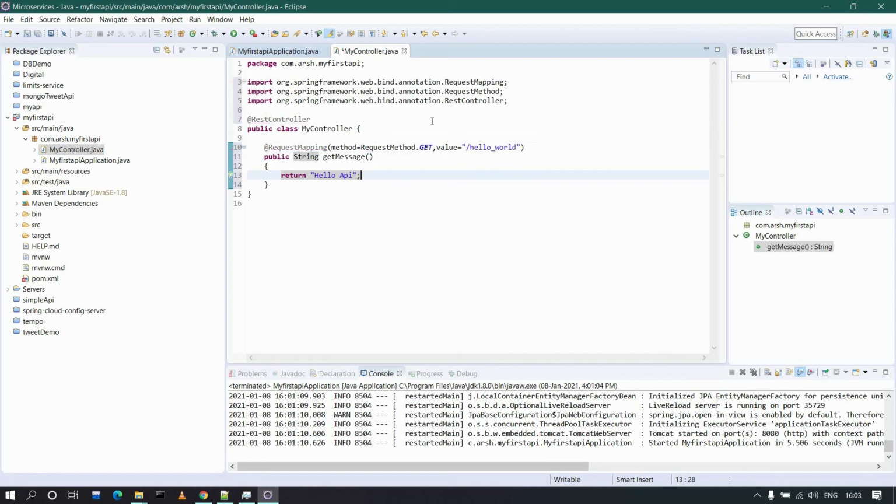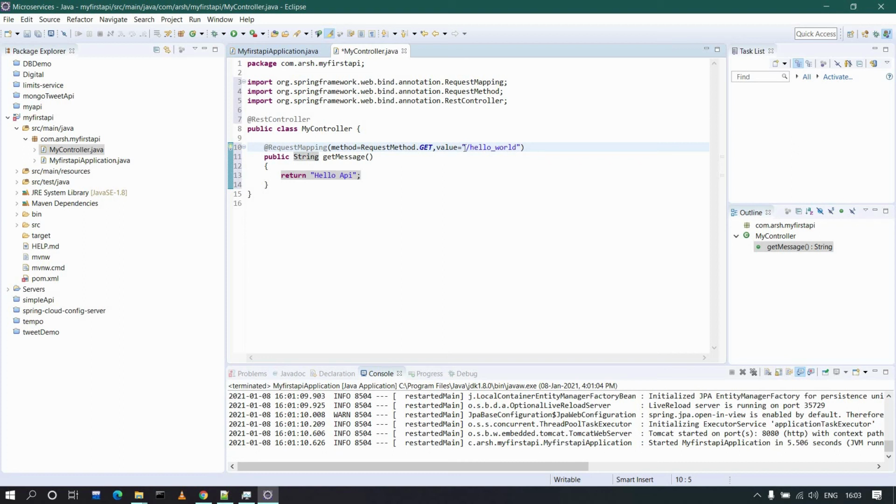The RestController annotation tells the application that this class is a controller. All the web requests that come will be handled by this class. And what is request mapping? It maps the URL path to a specific resource.